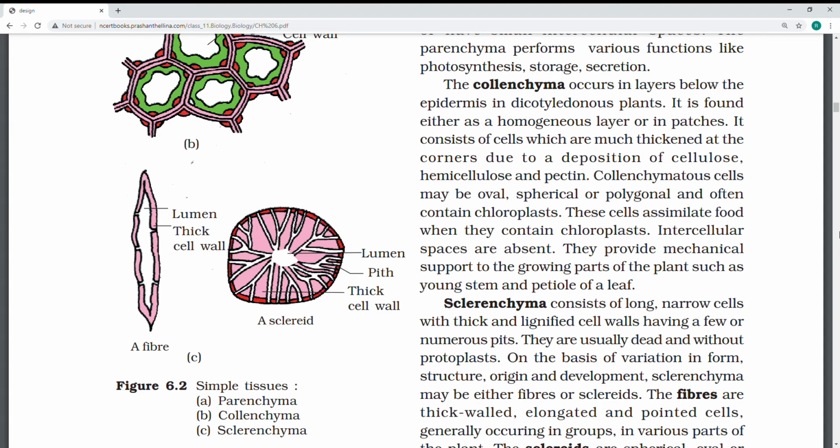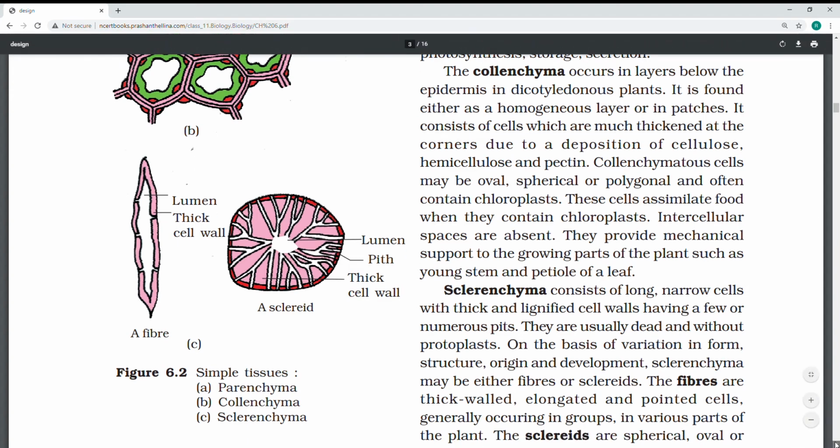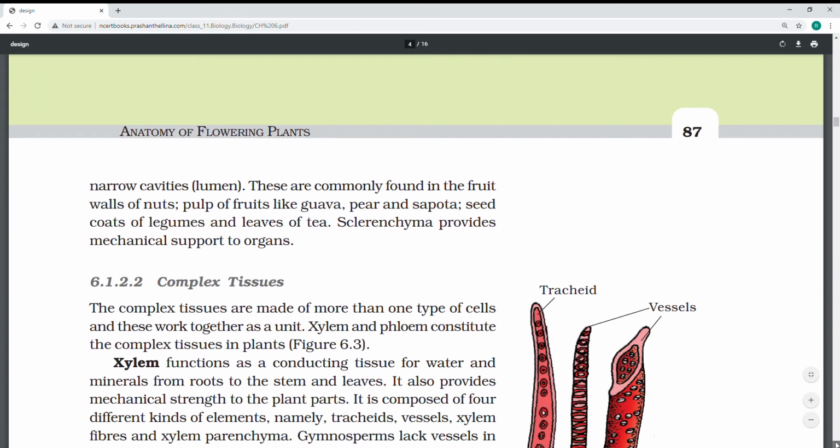They might ask you to give an example of stone cells; then you can write sclereids. Though they haven't mentioned it here, from a NEET point of view they might ask: brachysclereids, the cells which are isodiametric in shape; macrosclereids, which are large and pillar-like; and osteosclereids, bone-shaped. So the fibers, see the definition, I hope you understand. Now I am going to the complex tissues.